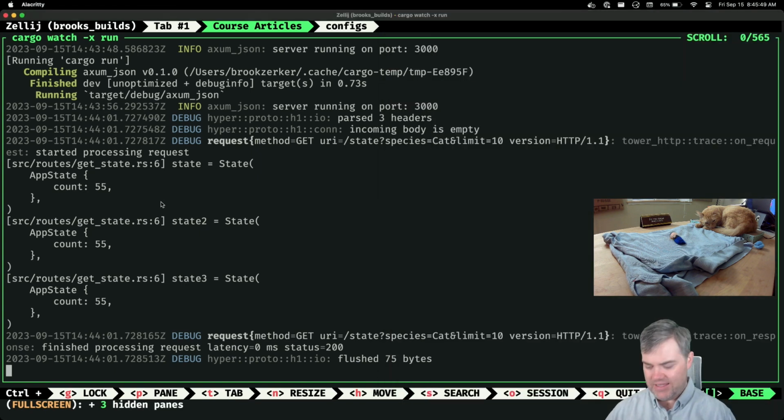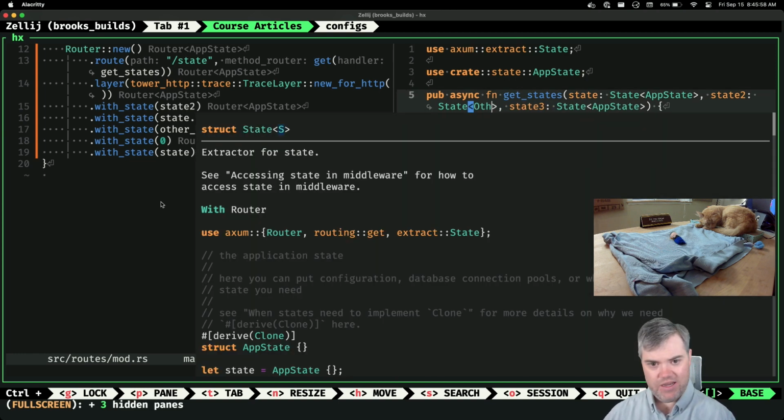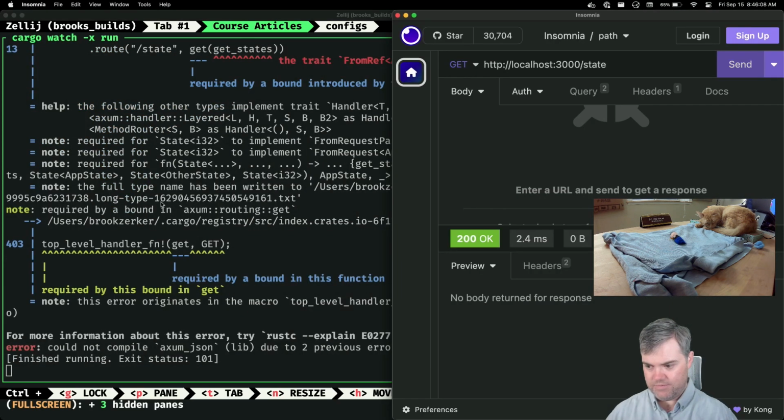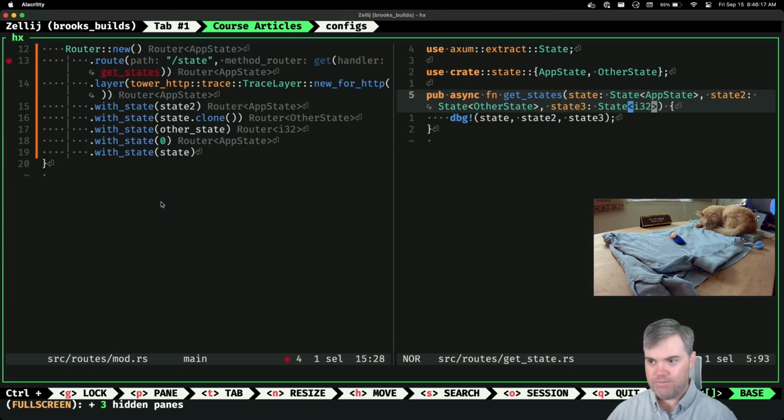Okay, so we have that, and then we want to come back to here. So okay, we've got state. So if I change this, app state, this one is going to be other state. And then finally, you're going to be an I32. Oh, uh-oh, your error. Oh, interesting.